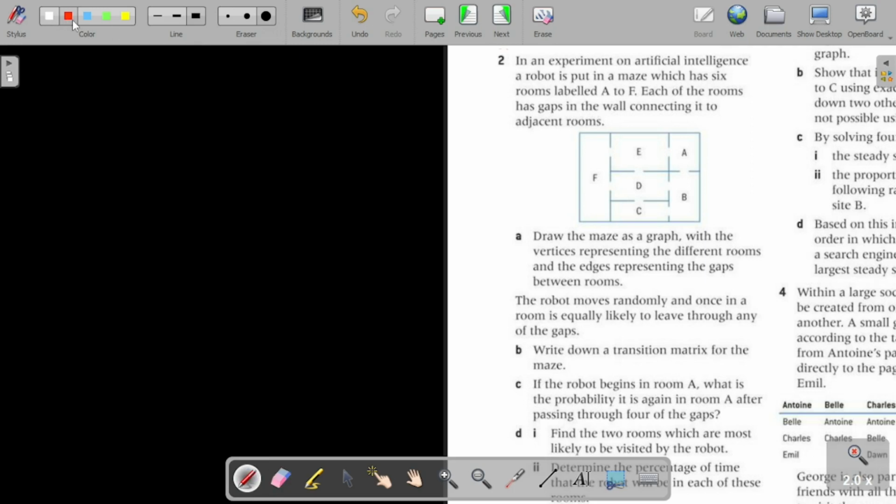Welcome students, let us see one question of graph theory which is very conceptual and very important. So let's start. Question number 2 says: in an experiment on artificial intelligence, a robot is put